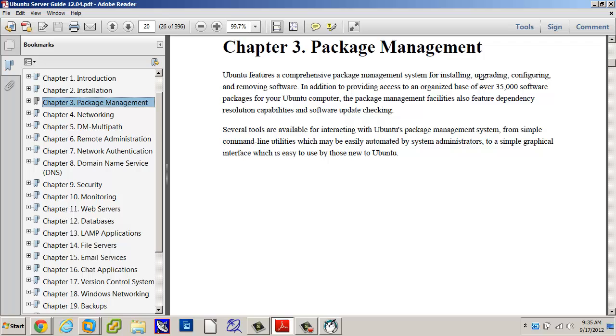Okay, first of all, it has access to an organized base of over 35,000 software packages. There's a lot of stuff out there. What do we mean by packages? Programs? Possibly. Kind of like the EXEs. It's the EXEs and